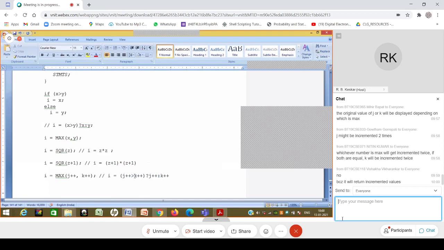The same thing will happen in the case of k also. If k was larger or equal, then the incremented value of k will be assigned and not the original value of k, and then k will be incremented again. So the assigned value is wrong because it is one more than the actual value that it should get assigned, number one.